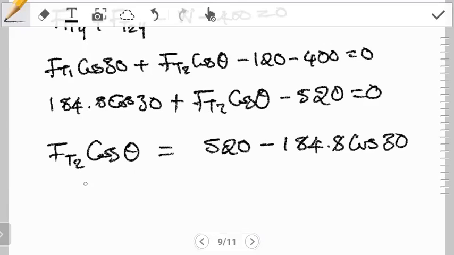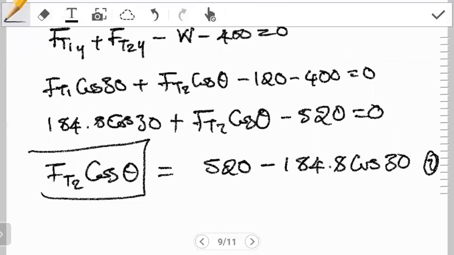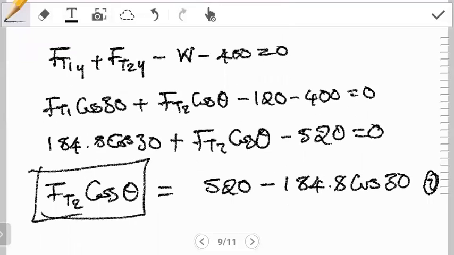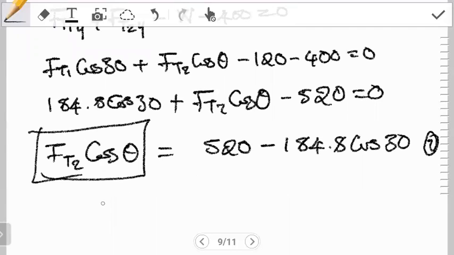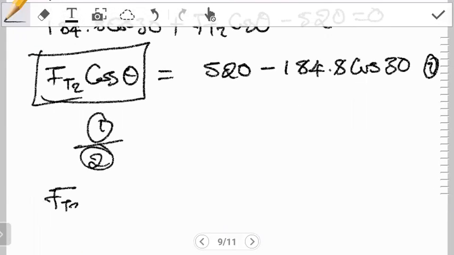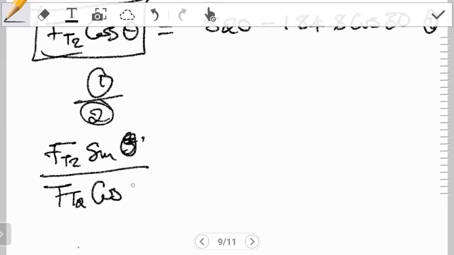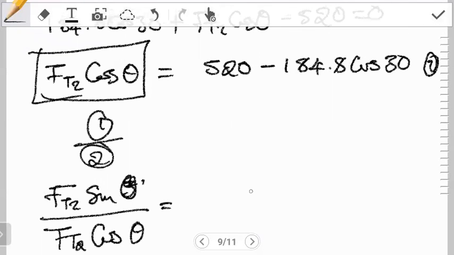Right. Now from here, there are various ways we can work this one out. So this becomes our equation 2. What I like doing here is I notice that the left-hand side of equation 2 and the left-hand side of equation 1 are trig functions. So I can divide equation 1 by equation 2. What I notice is I'm going to have the left-hand side as ft2 sine theta from equation 1 divided by ft2 cos theta from equation 2,